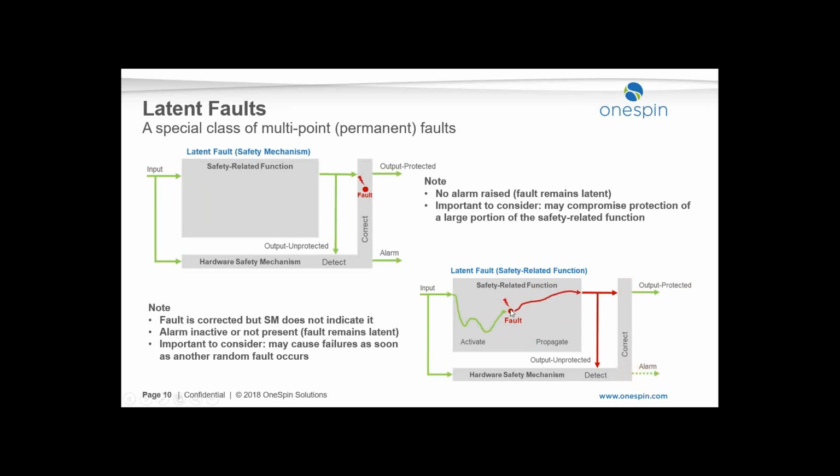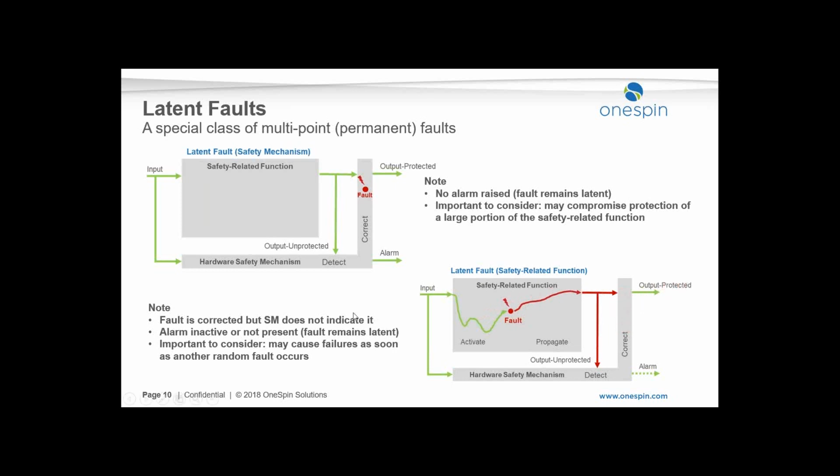So in this case, you are in the situation where there is a fault here. Let's say this is a permanent fault, and you don't see anything about it because the safety mechanism is correcting it, and there is no indication, because of the way the safety mechanism is, or because of the way it is configured, whatever, there is no indication that there is a fault here. And this is a permanent fault, and if you think about it, it is a latent fault, because this fault on its own is not causing any problem. But suddenly, at some point, you get maybe another fault, let's say in the safety mechanism again, and suddenly you have a problem.